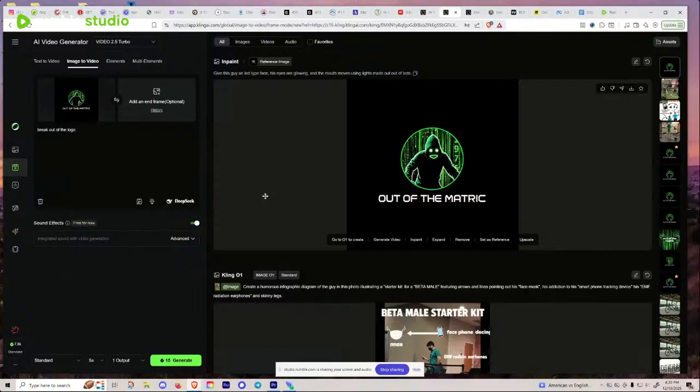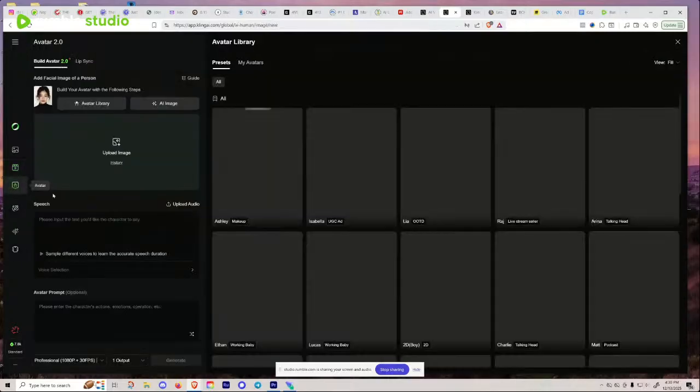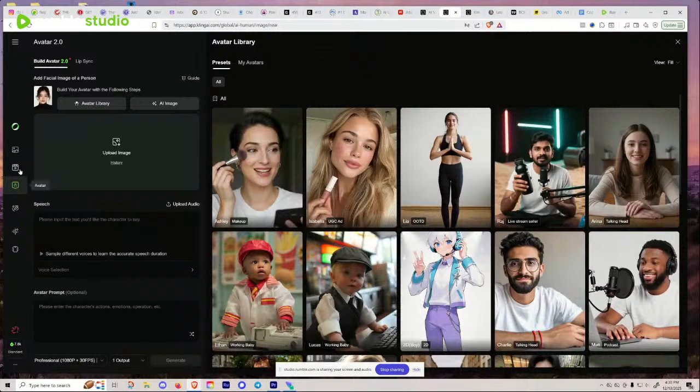So let's see. The other kind of things I want to cover is there's some other features in here for building an avatar, and I haven't experimented with this. This is like newer features on the software here, but I think I want to. And what I want to do is generate our guy as an avatar. So maybe I can make him speak on social media for us and say, hey, you know, about to watch this video here, and that hooded logo character that I just showed you is now the avatar.